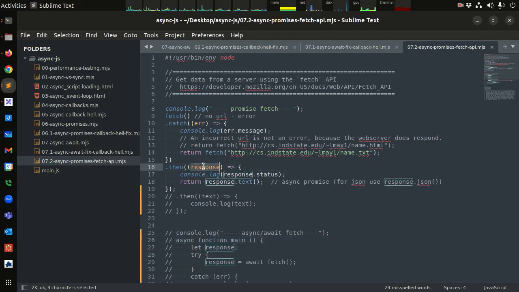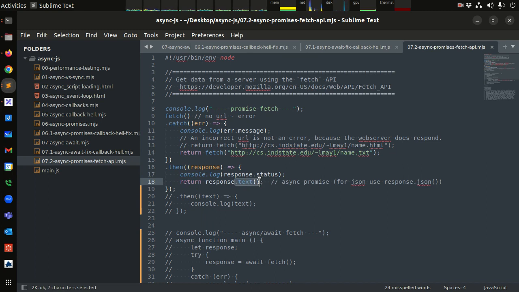Okay, so this response object you get back from fetch has a lot of things on it. So if you're familiar with networking and HTTP, there are HTTP status codes. A 200 code is telling you that everything worked out. The status is 200. So I was able to contact the server, and the server responded with your request. So 200 means everything's great. Okay, so I'm printing that out. And then the next thing I'm doing here is I'm returning